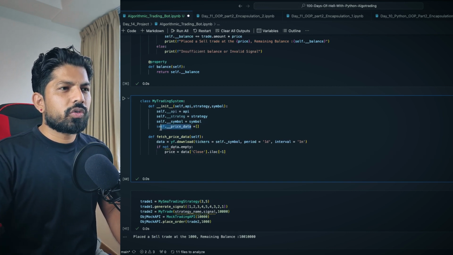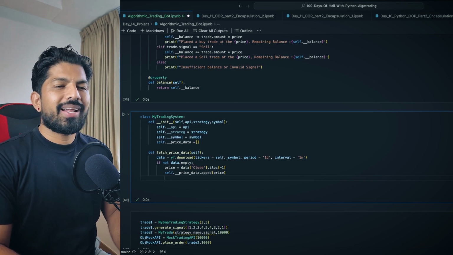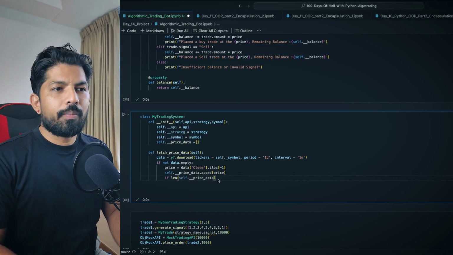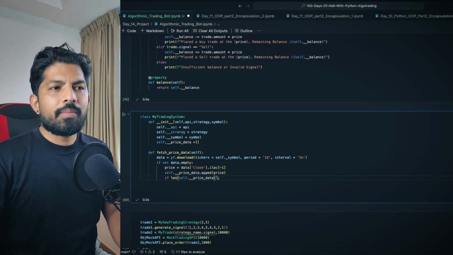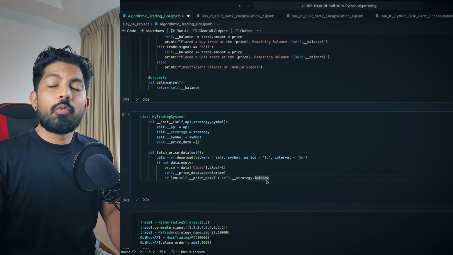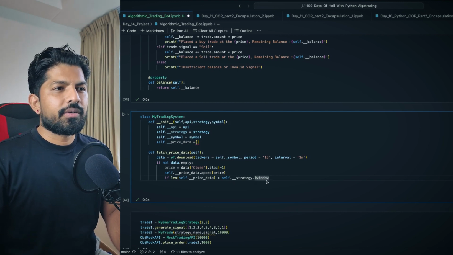So self dot. Now we can write another conditional statement, that is if the length of this empty list, for now empty, but after we run the program, the data from Yahoo will be appended here. So if it matches the long window we have given, right?